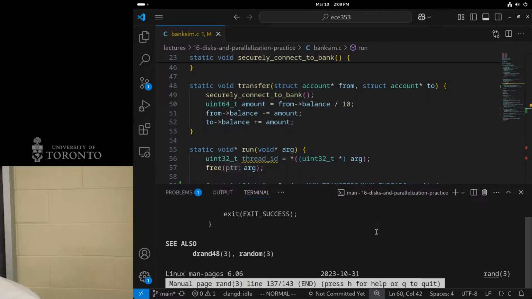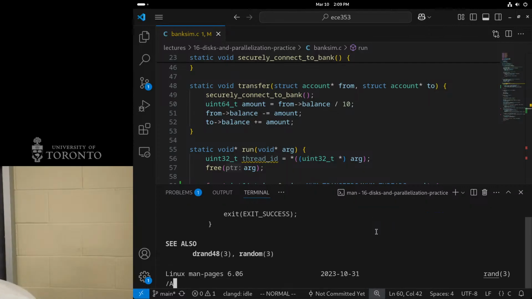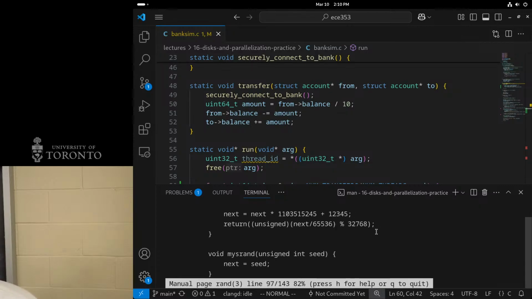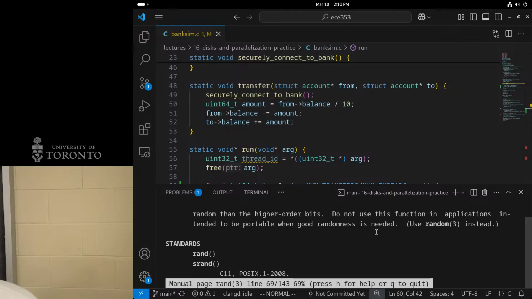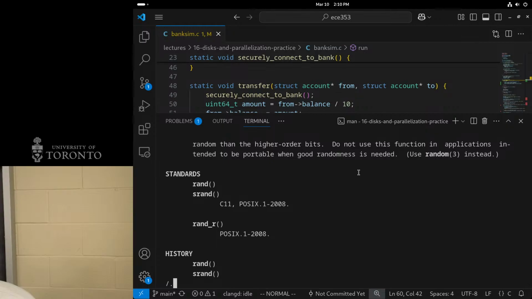But we can check. In the man pages for rand, I can search for attributes. Is this the right page? Man 3 rand.